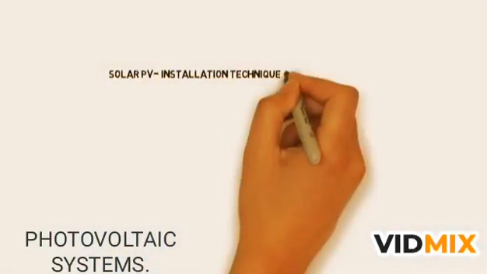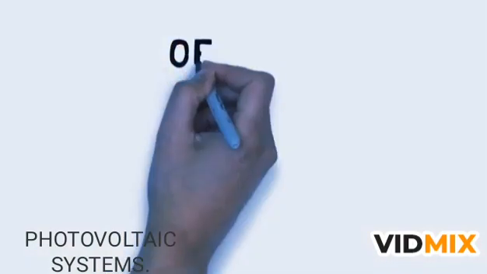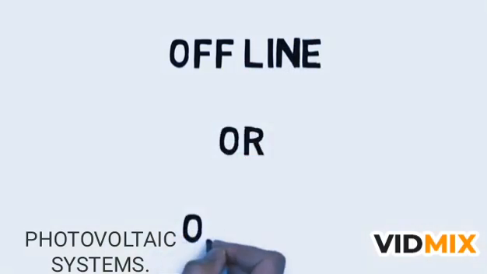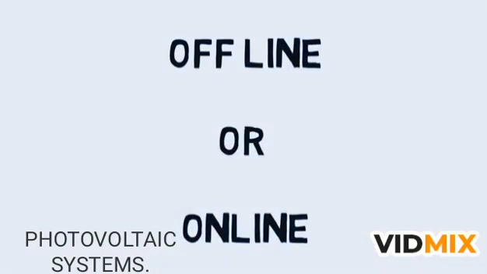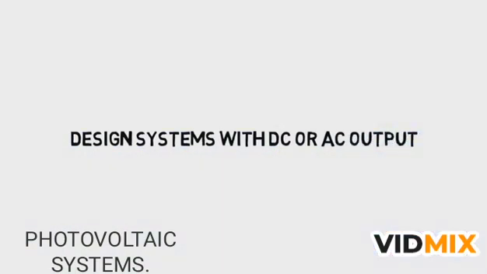Welcome to this lecture on solar PV accessories and schematics. Solar PV systems can be installed offline and online, that is, PV systems can be connected to the grid mains or they can be installed where grid is completely absent. Where there is no connection to grid electricity, solar PV systems can be used with both DC output or an